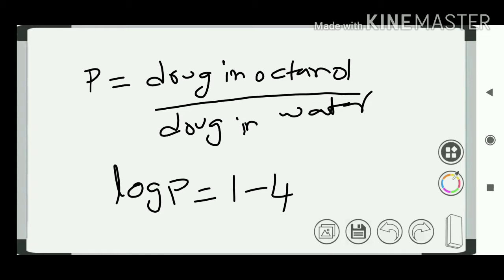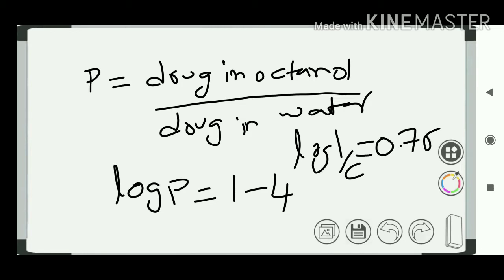The straight line is obtained if you see the value for log of the inverse of concentration, that equals 0.75 log P, plus 2.30. So this is for the straight line. So if the graph is extended